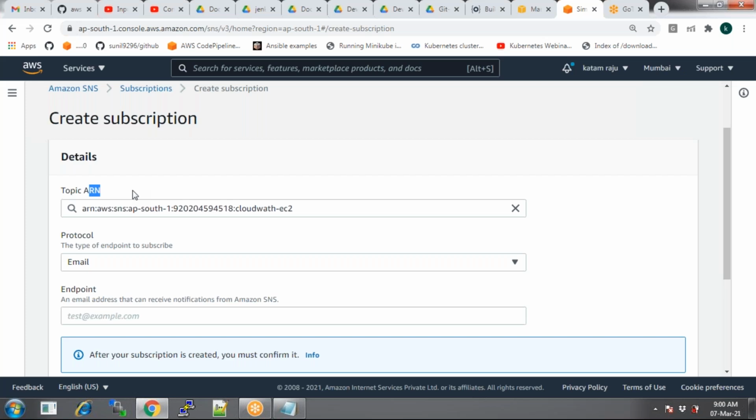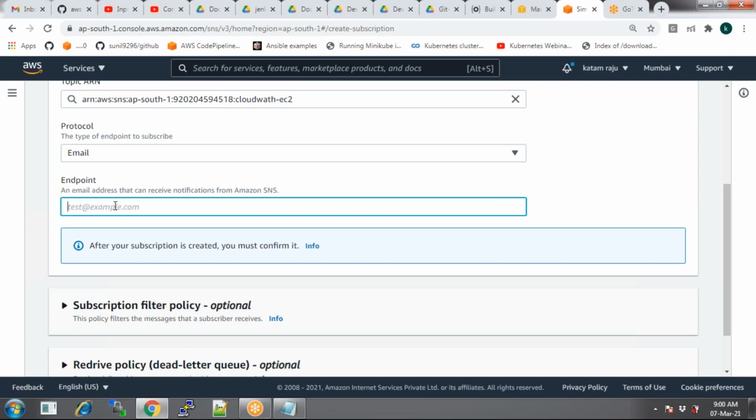Every resource you create on AWS has an ARN name. For example, I'm creating an EC2 instance. That instance has an ARN name. Every instance or every resource you create has a unique ARN name. That's unique for that particular resource. Okay, that's the ARN name. And then the endpoint. So what is the email ID? Select some email ID.